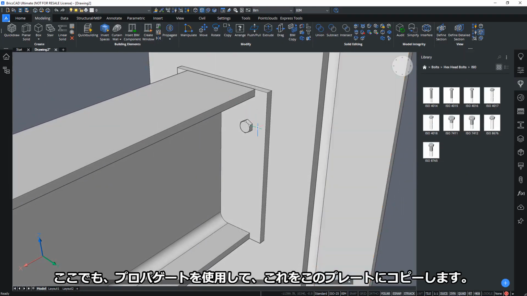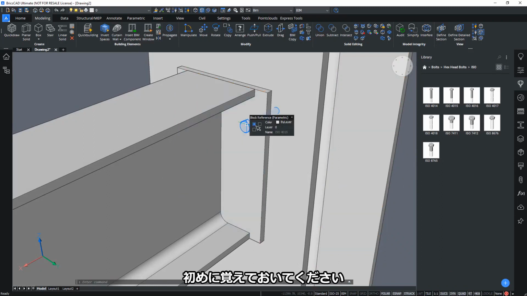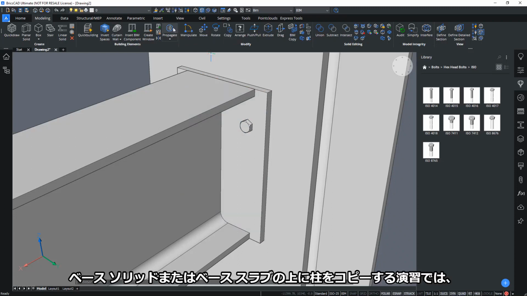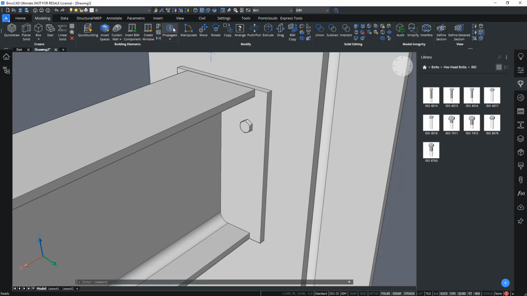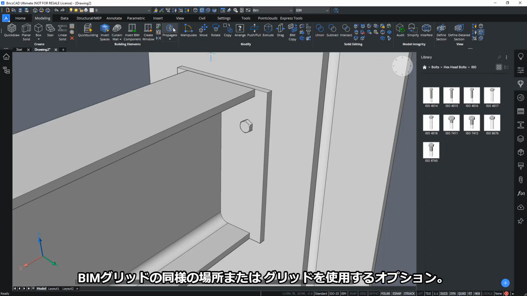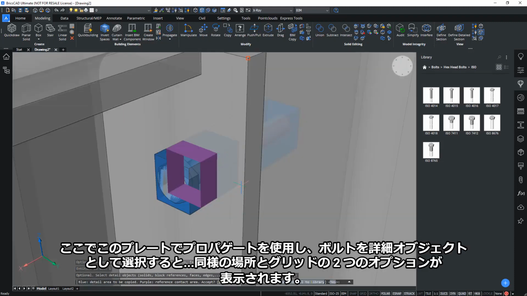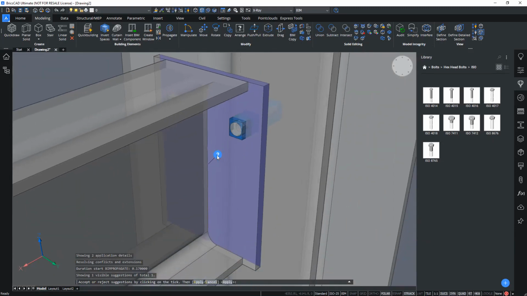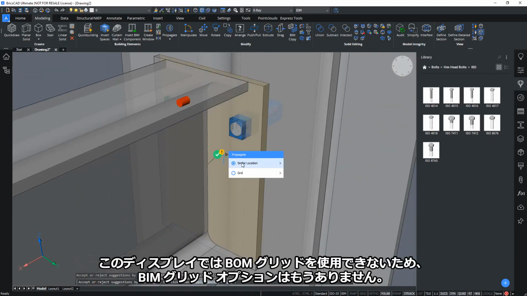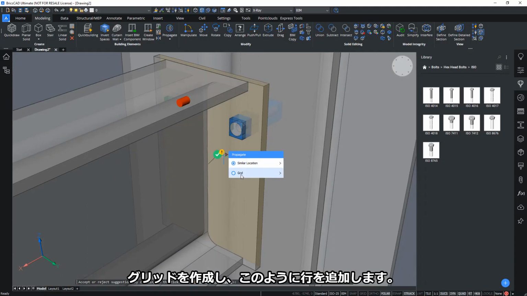Now again, we'll use propagate to copy this over this plate. So remember in the beginning of the exercise where we copied the column over the base slab, we had the option of using the BIM grid, similar locations, or grid. If I now use propagate on this plate here and choose my bolt as detail object, I will get two options,